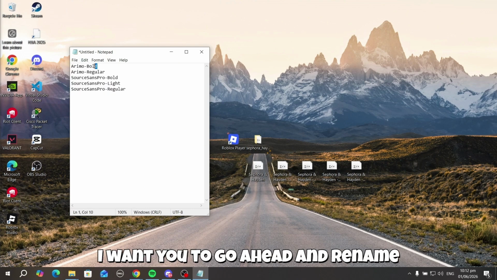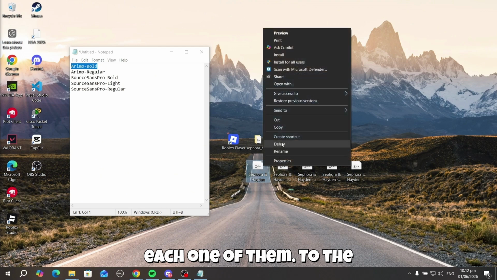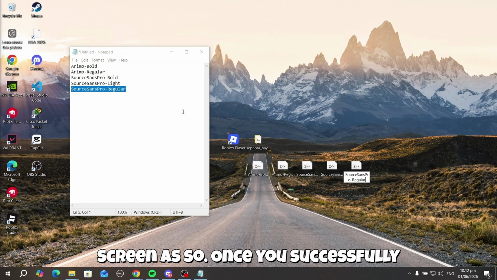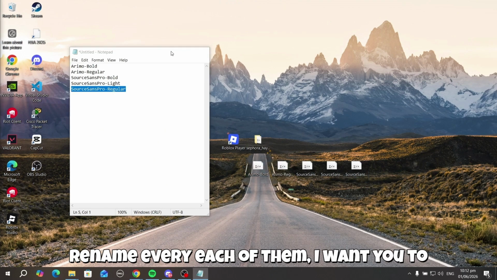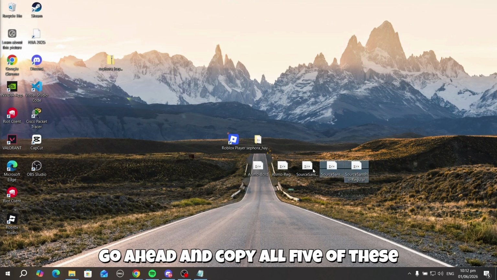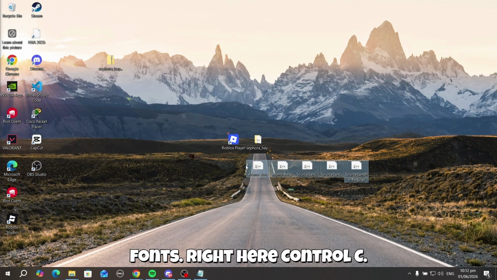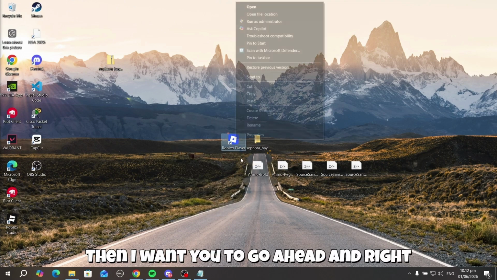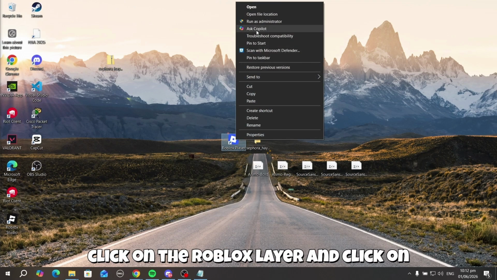Now, I want you to go ahead and rename each one of them to the exact name that is currently on the screen as so. Once you successfully rename each of them, I want you to go ahead and copy all 5 of these fonts right here, Ctrl C. Then I want you to go ahead and right click on the Roblox player and click